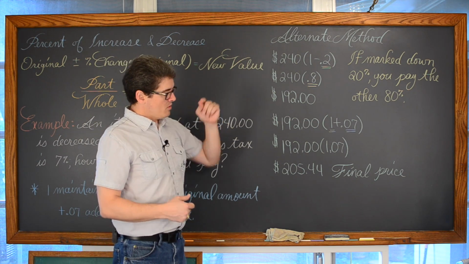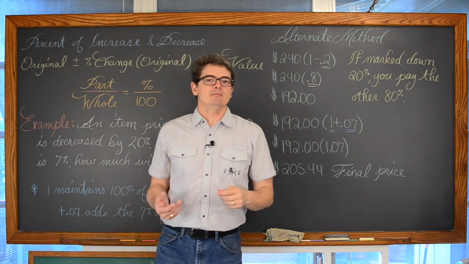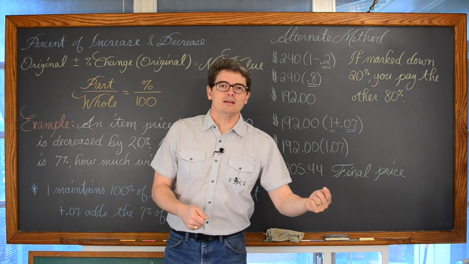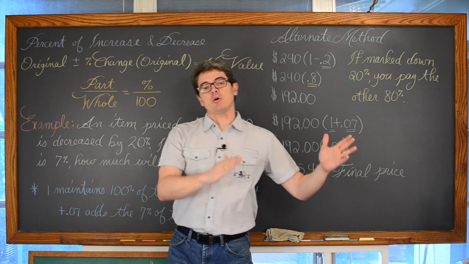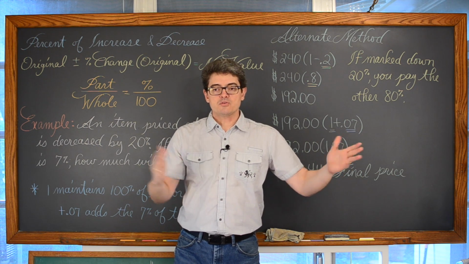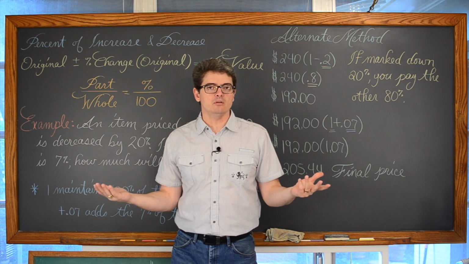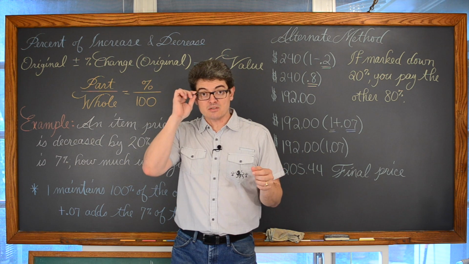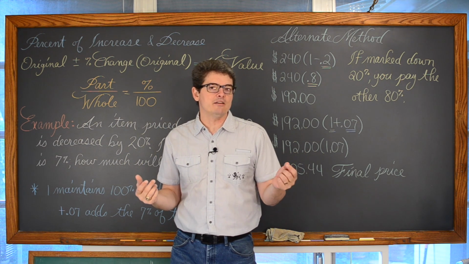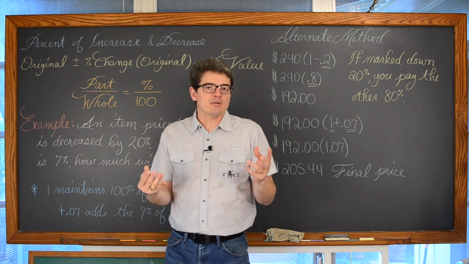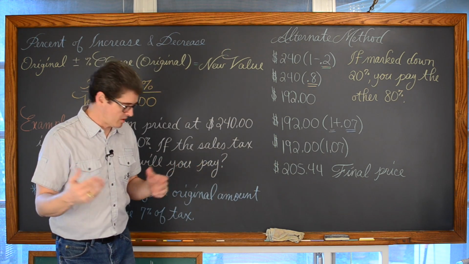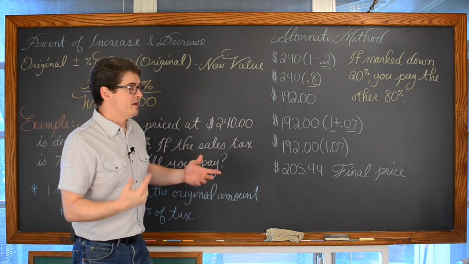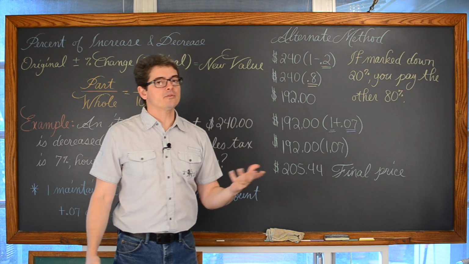So no one's going to walk up to the store and go, hey, let me get part of that bill for you and give you a 20. No, it's either there's a part of it that's going to get marked off by the discount and a part that you're going to pay. Well, those two parts have to add up to 100% of the bill, right? No one's going to pay a piece. No stranger's going to come up and just hand you a 5 and pay for part of that bill. They're actually called complementary events, if you want to look that up. But at any rate, if it's 20% off, you're paying the other 80%.